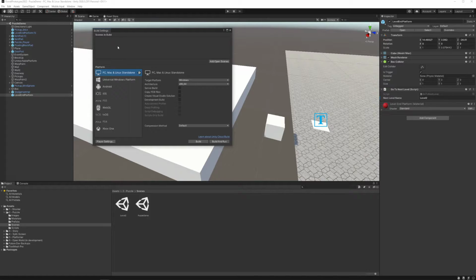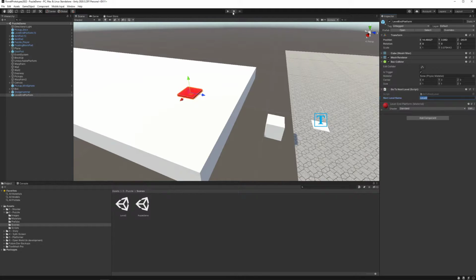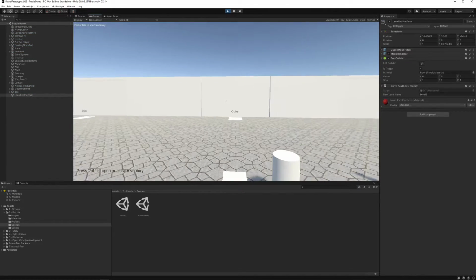This is the place where you tell your game which levels you want to actually be in the playable version. What I need to do is drag and drop into this all the levels that I want access to when I play my game. I need to make sure my puzzle demo main level is there. If you're using that, make sure yours is there as well. And then level 2. Otherwise, it won't be able to be found. And now that level 2 exists there, and the name is placed on that object,